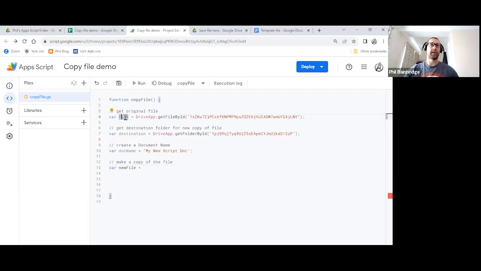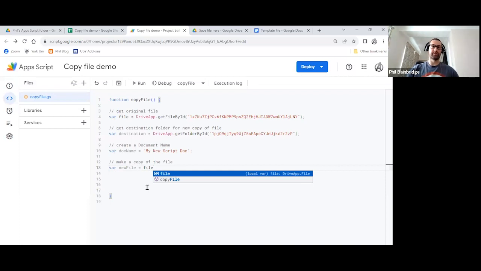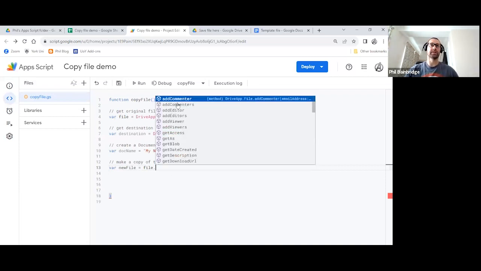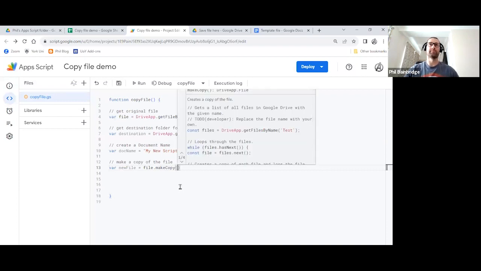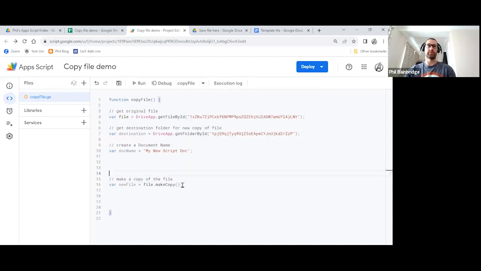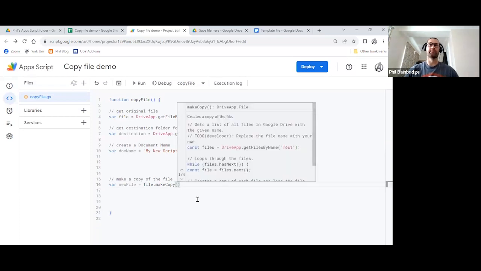Here is the file on line 4 stored in a variable called file. So let's call that here just by typing it in. You can copy and paste it if you wish. And if we put a full stop to access our different methods here, you can see there's loads of things we can do with commenters, viewers, etc. One of them, if I start typing the word make, is makeCopy. If I open my brackets here, I'm just going to push the screen down slightly so you can see the help box that's trying to give us some information.